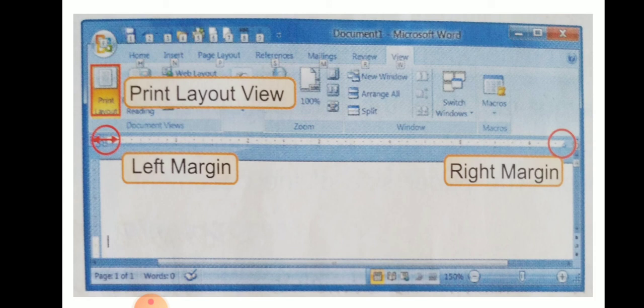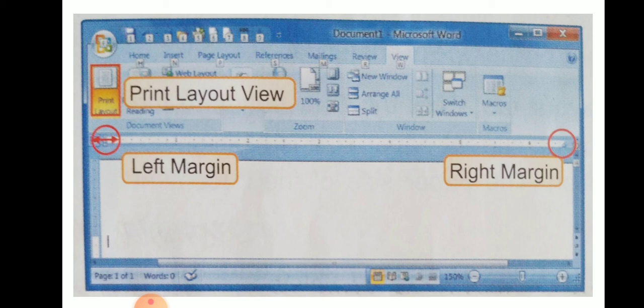Let me move to the topic of setting margins. How do we set the margins, children? Firstly, the default margins are one at the top and one at the bottom, and then the left and right margins itself. Generally, margin refers to the amount of space from the edges of the paper to where the text actually appears in MS Word. Children, it mainly allows us to set the margins on all four sides. I already told you: top, bottom, left and right. In these margins we have all four sides.